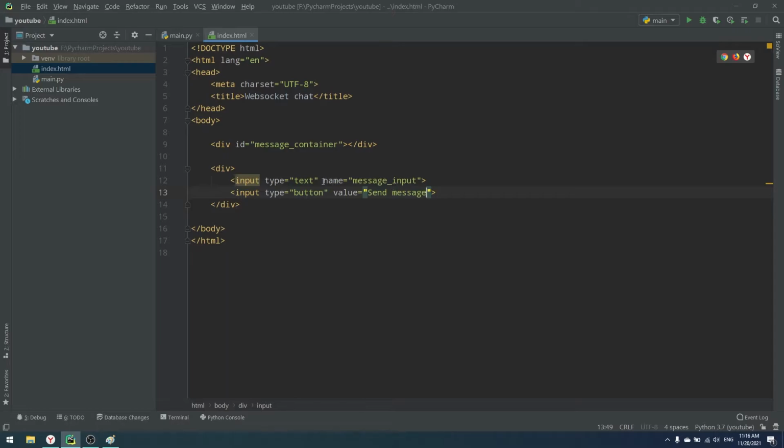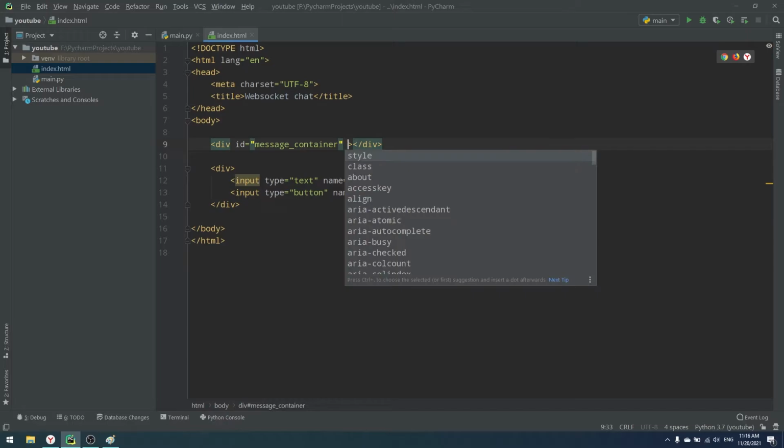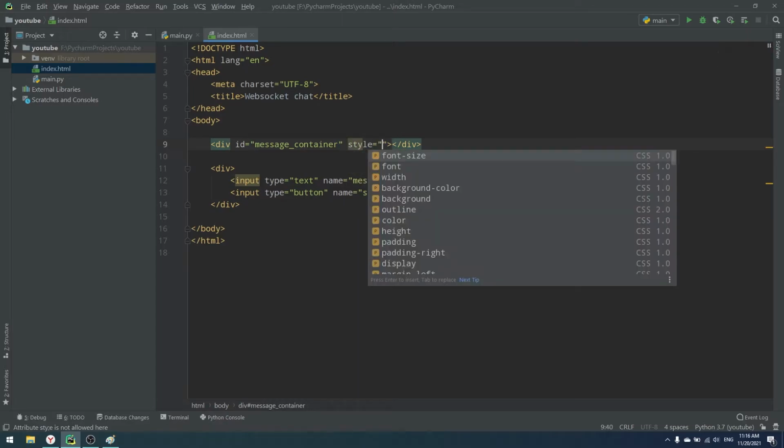And also what we need to do is add name message input here and some name here. Name is like ID but for inputs. So message or send message button, something like that. Okay, so now we have two inputs with text button, message input, send message button, and we are ready to write our code. Also, what I want to do is add some style to my div so you can see